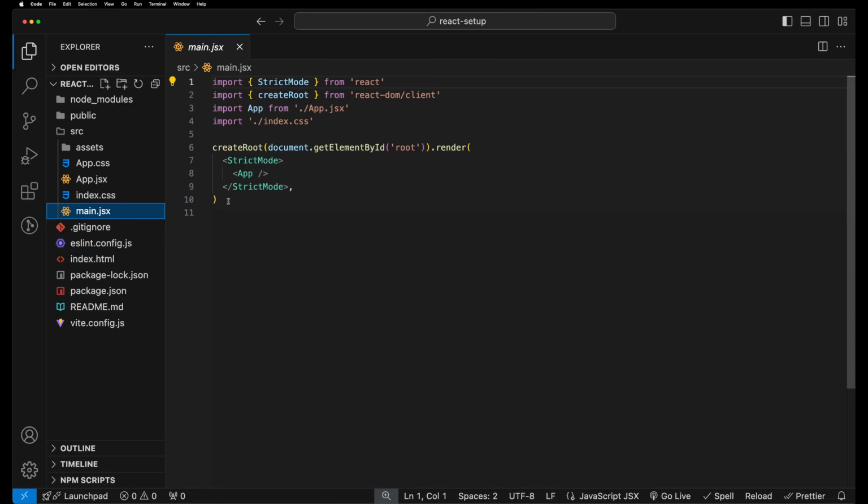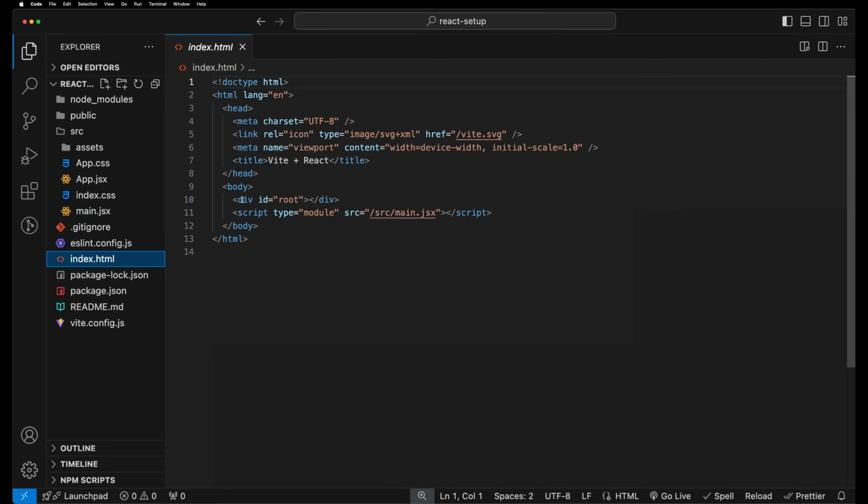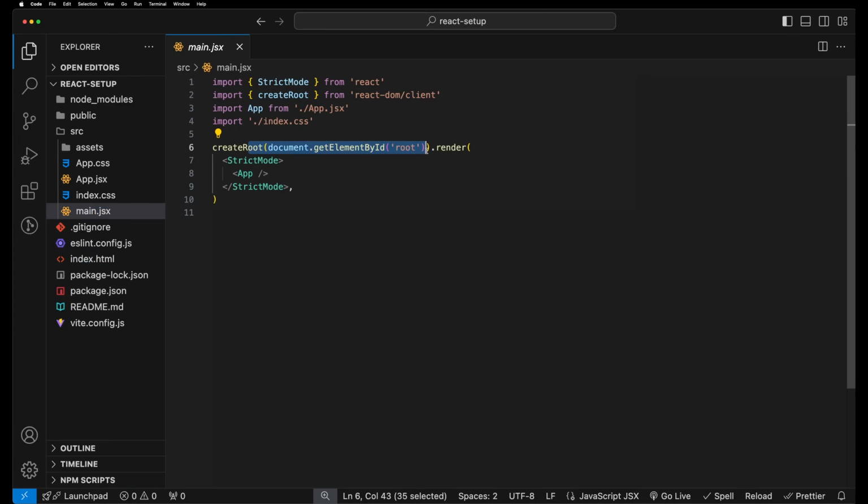So essentially, when you make a React project, it has to have an entry point to attach the virtual DOM to, as we saw earlier. And a main.jsx is how it's done in React. And essentially, we're creating a root, which is getting a document get element by ID here, which is using normal JavaScript, and it's checking for the root ID. So if I go down here to index.html, you can see that in this, there's a div with a root ID. And then up here in main.jsx, it's hooking into that and then rendering out React in strict mode,